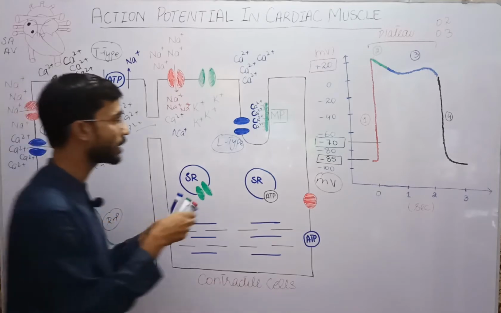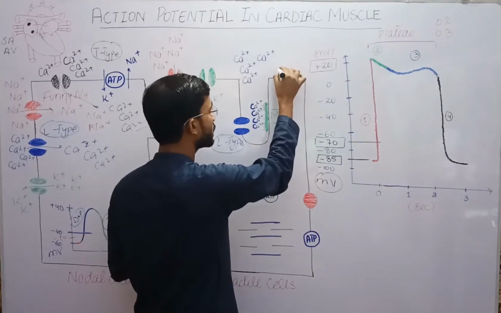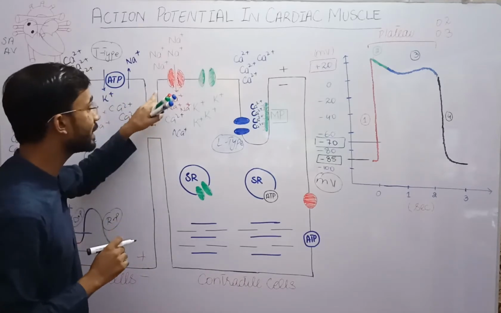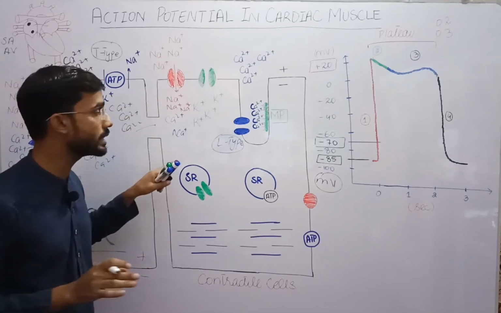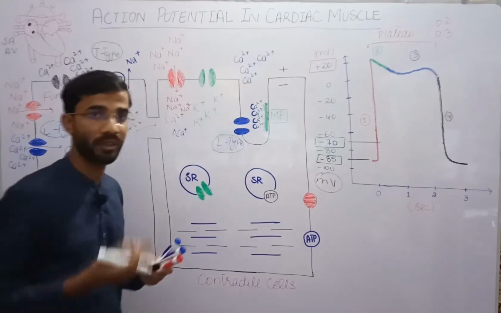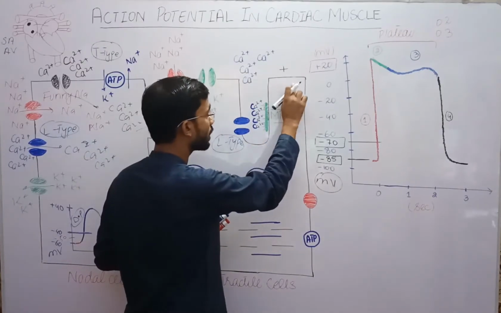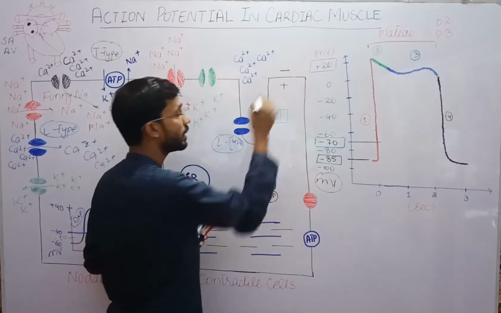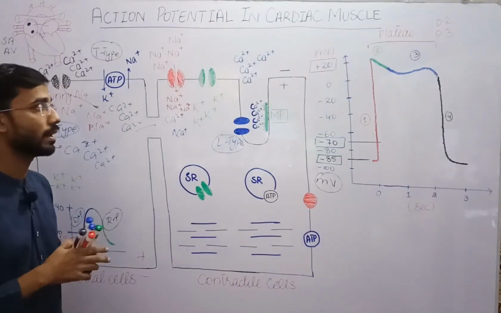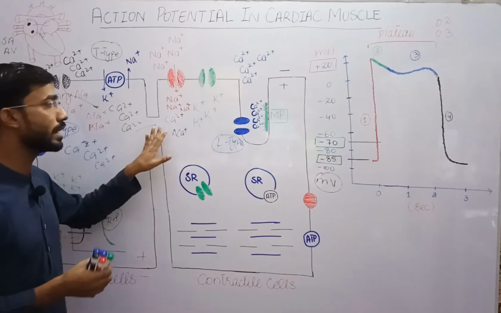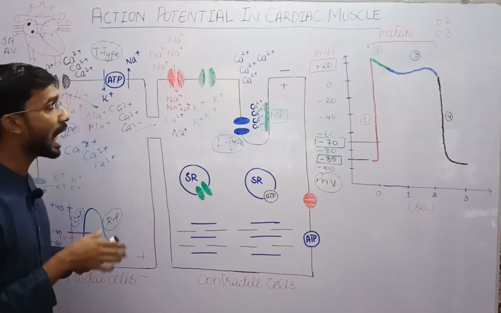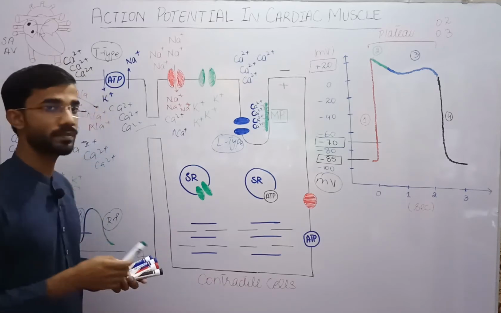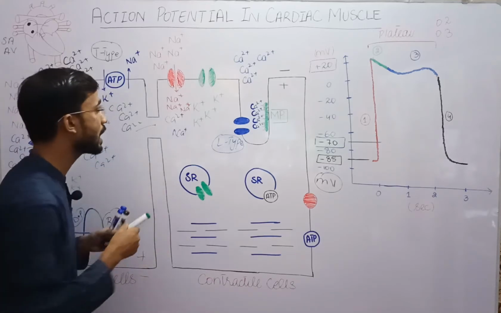At resting membrane potential, the outside of the membrane is positive and the inside is negative, and due to the opening of the sodium channels, the potential reverses. It means the inside becomes positive and the outside becomes negative, and this is the opening of the sodium channel. After that, for a small duration, potassium channels open